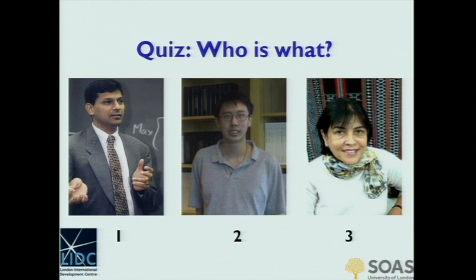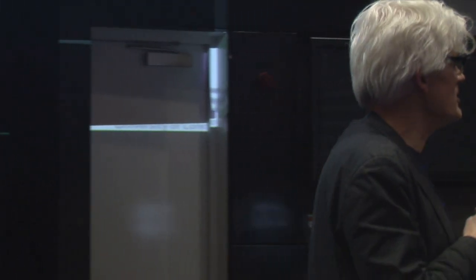Who thinks that number 2 is the social scientist? You. Who thinks that number 2 is the natural scientist? Great. So number 3 must be the social scientist. Okay, great. Well, you are totally in line with all the other audiences that I've done this with across the world, in different parts of the world, as well as with all kinds of nationalities and different disciplines. It's always the same. It's about 10-90 or 20-80, always this pattern.